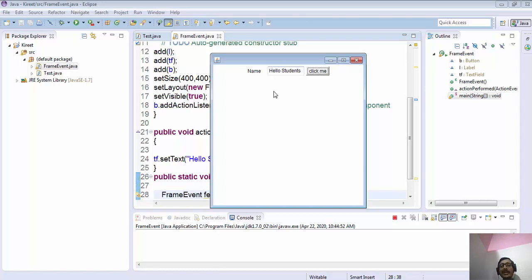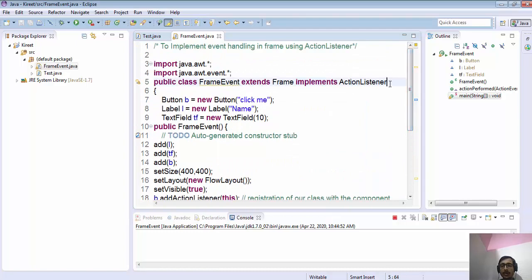So this is an action event through the action listener. There are different types of listeners we have discussed, the window listener and this action listener. You can also implement your window listener here. Right now, when I try to close this window, it will not close because we haven't invoked any window listener. So you can implement another listener by putting a comma and writing WindowListener here, and overriding its methods.